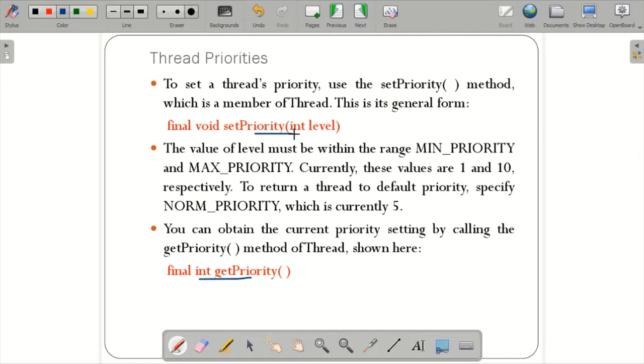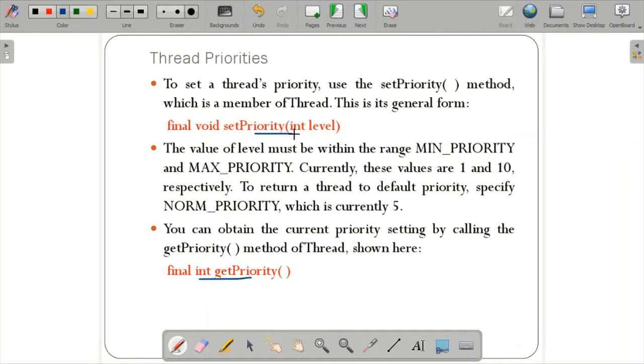But in general, for example, if your lower priority thread is running and your higher priority thread is either sleeping or waiting, and now it resumes to run, then your lower priority thread will be preempted. That means it will be made to sleep, and the higher priority thread will take the execution of the processor. That means it resumes the work by preempting the lower priority thread.